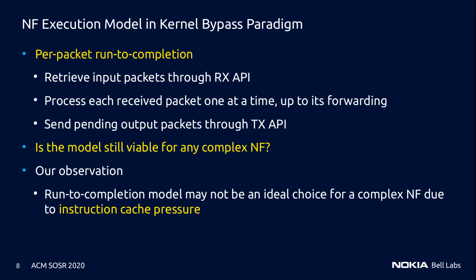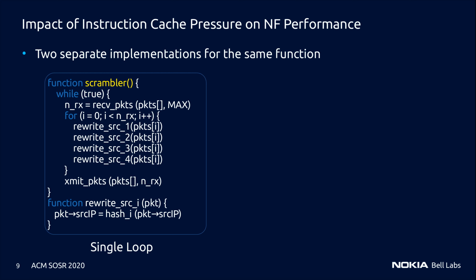Our observation is that this run-to-completion model may not be an ideal design choice for relatively complex network functions because of increasing pressure on instruction cache. To illustrate the impact of instruction cache pressure, we performed the following experiment. Here we consider a hypothetical network function called a scrambler. What this function does is to simply rewrite the source IP address of every incoming packet in 4 distinct steps,